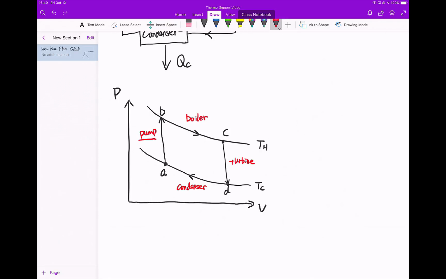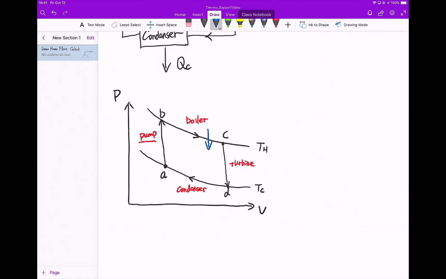And of course we can identify the heat and work flow. This is the QH into the system. This is QC leaving the system. This is the shaft work of the turbine out of the system. This is the shaft work or the pump work into the system, right? And we also discussed that if I'm going to have a TS diagram